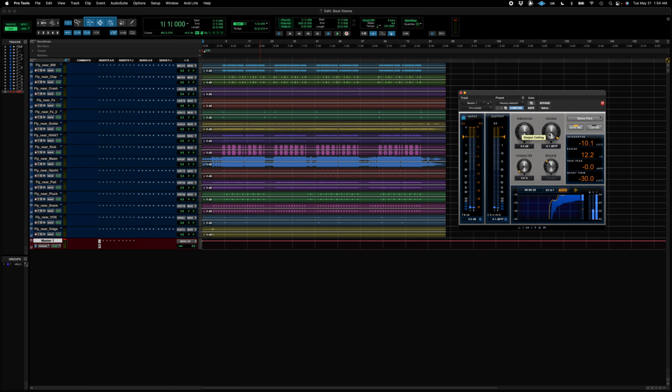So I'm not sure if you could hear the difference, but when I had the limiter turned off, you could clearly hear that the signal was being cut off and had this kind of crunchy digital distortion to it.